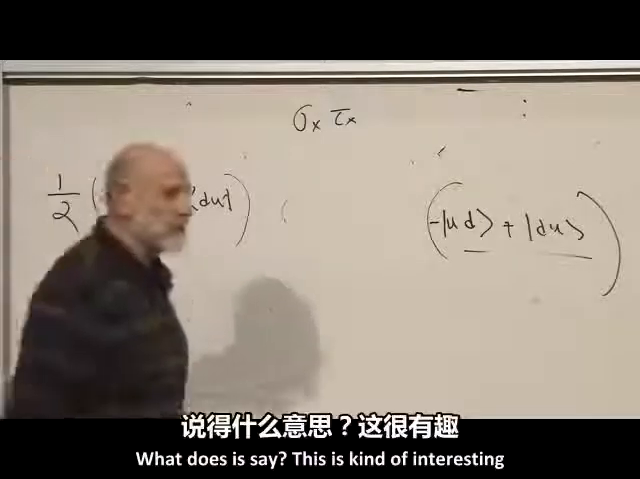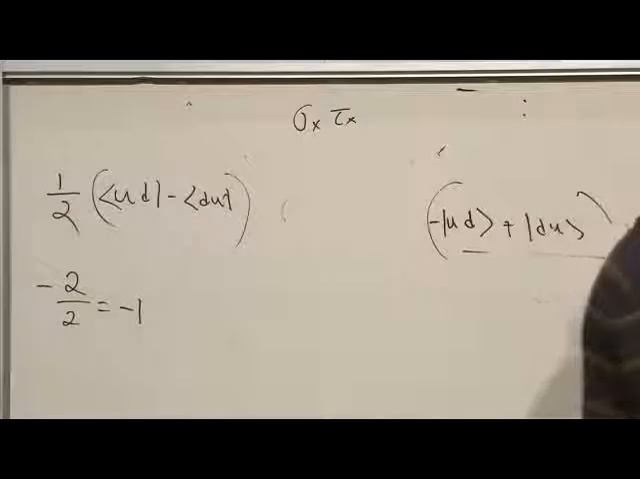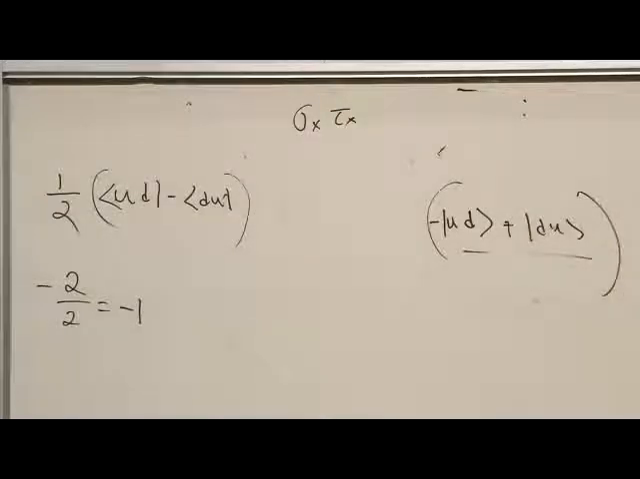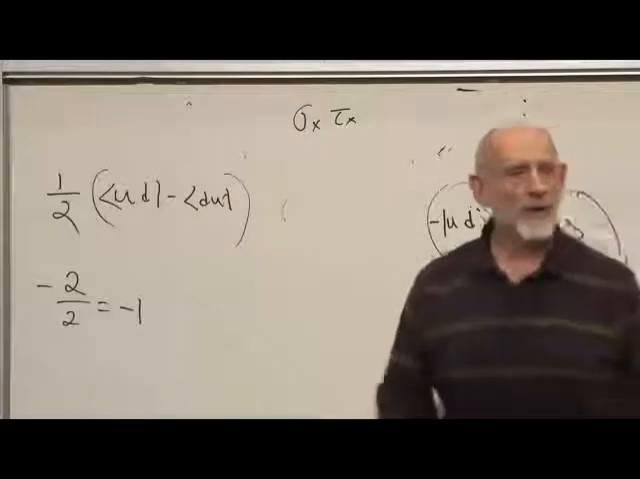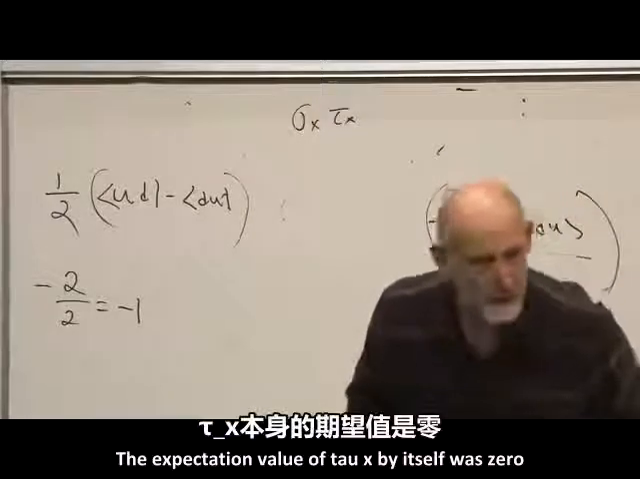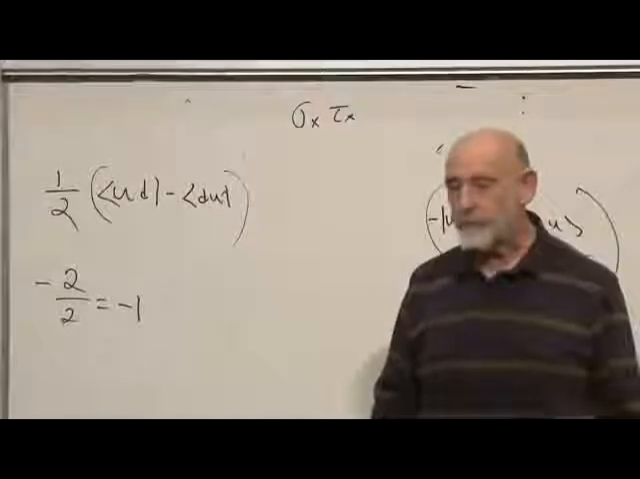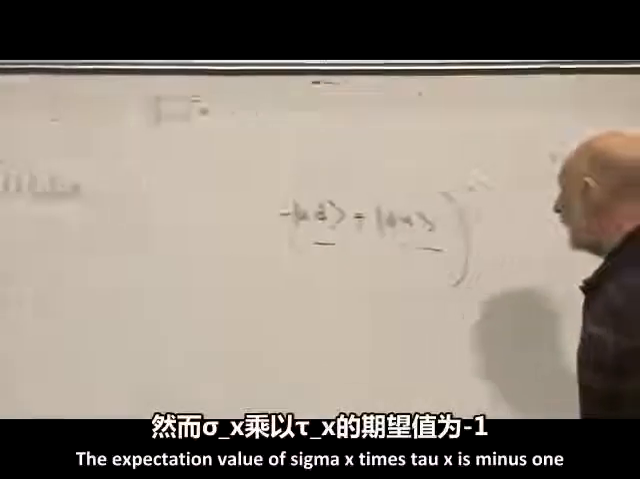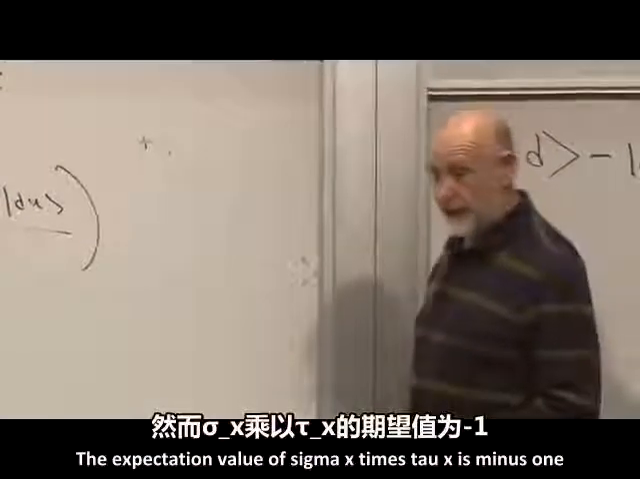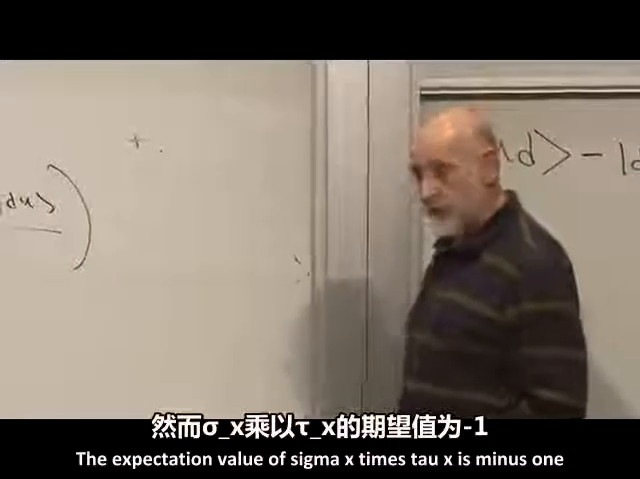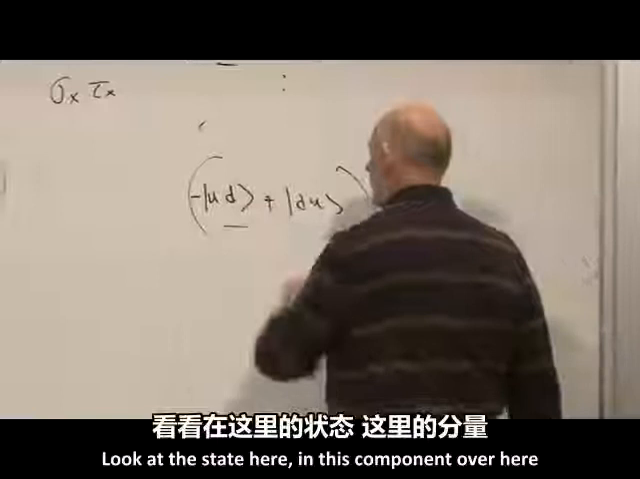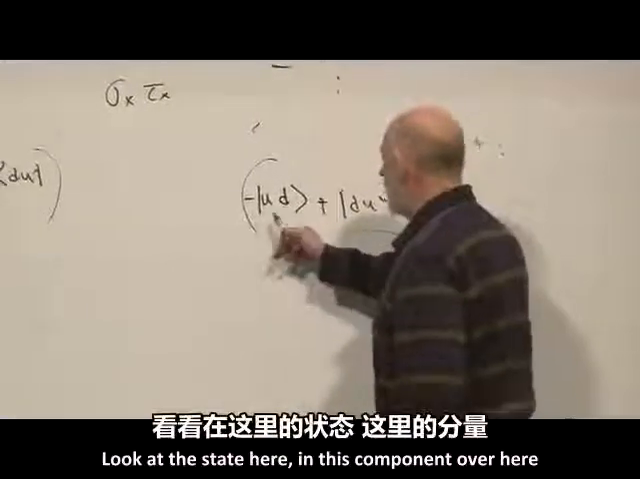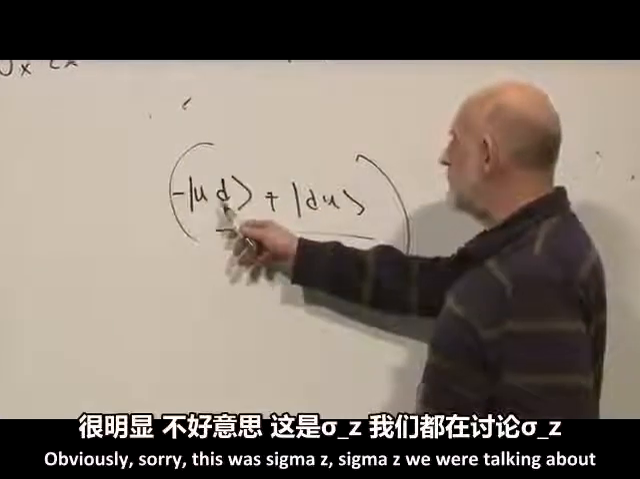What does it say? This is kind of interesting. The expectation value of sigma x by itself was 0. The expectation value of tau x by itself was 0. The expectation value of sigma x times tau x is minus 1. Let's see if we can see why. Look at the state here. In this component over here, obviously,